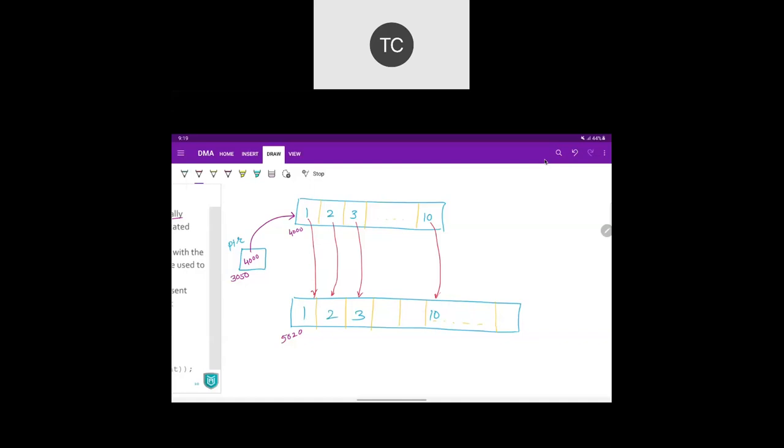After that, it will make your previous memory free. It will deallocate your previously allocated memory, and then it will update your PTR.